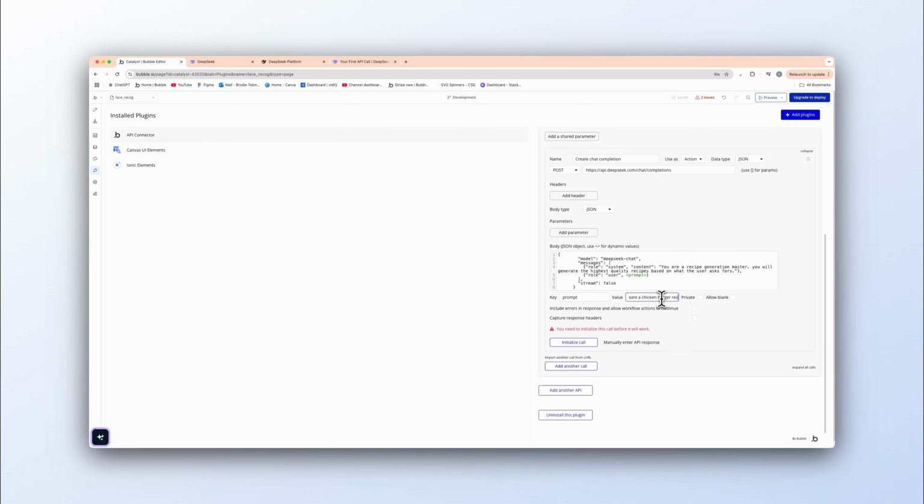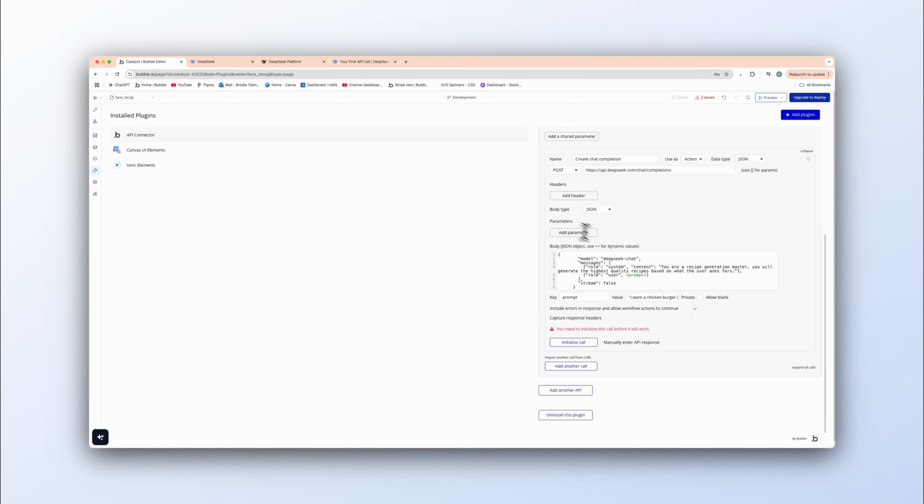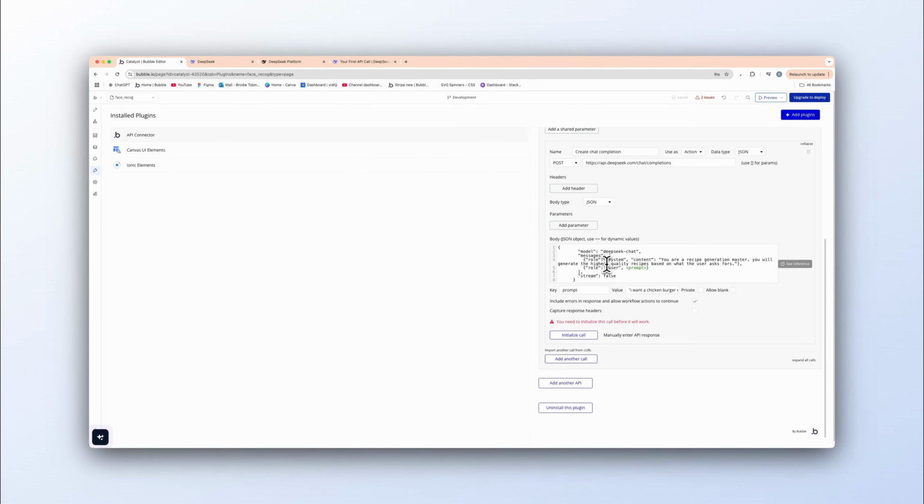burger recipe. Quotation marks there, and let's include the errors in response and allow workflow actions to continue. And now let's go ahead and initialize this call. And what's it say? At line 5 column, yes, okay. And it is because